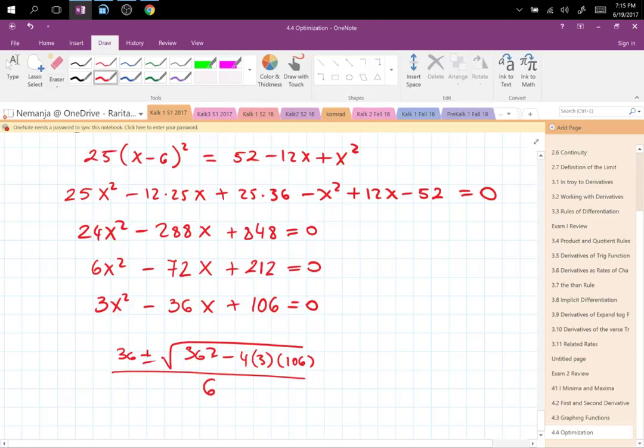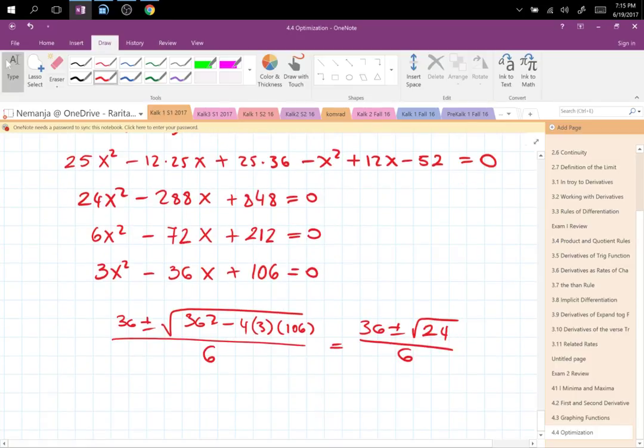Great. So 36 squared minus, I get 24. So 36 plus square root of 24, divided by 6, is 6.82, or if we use the same,